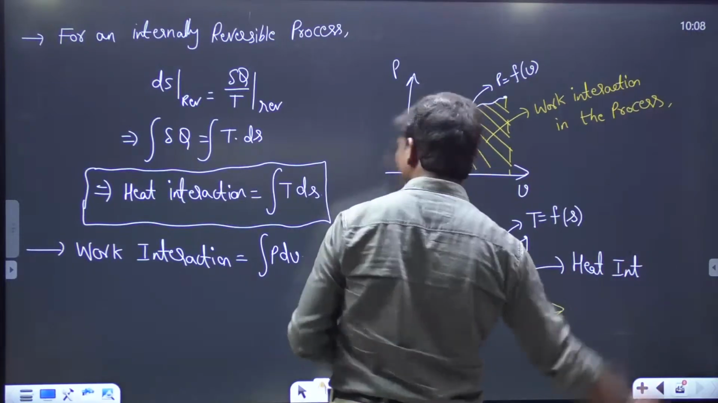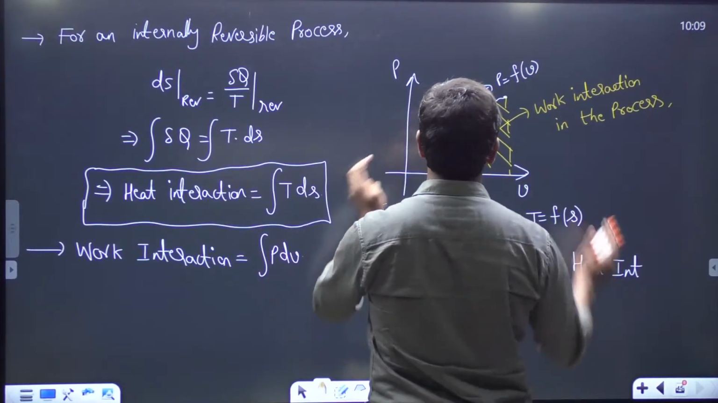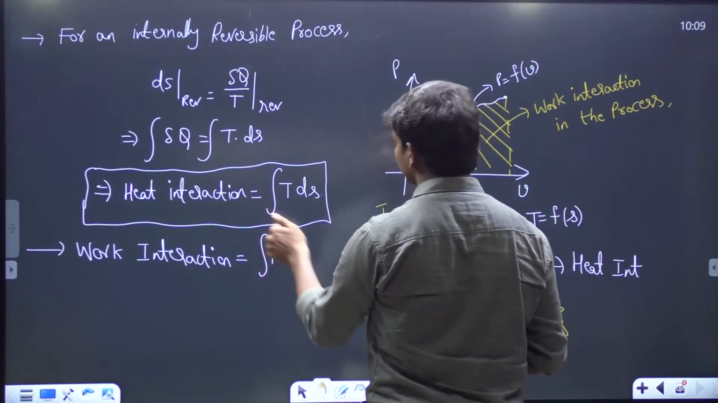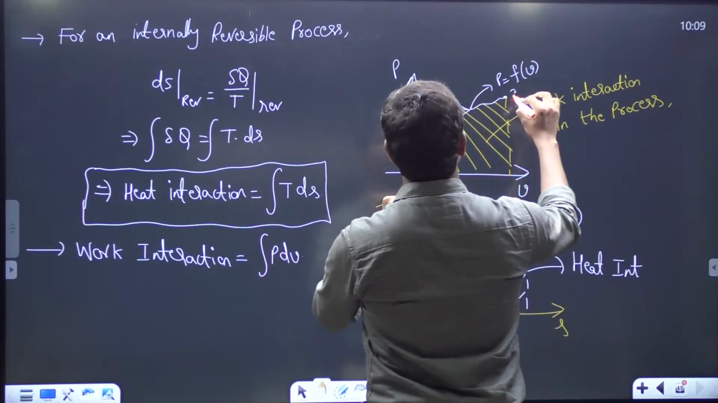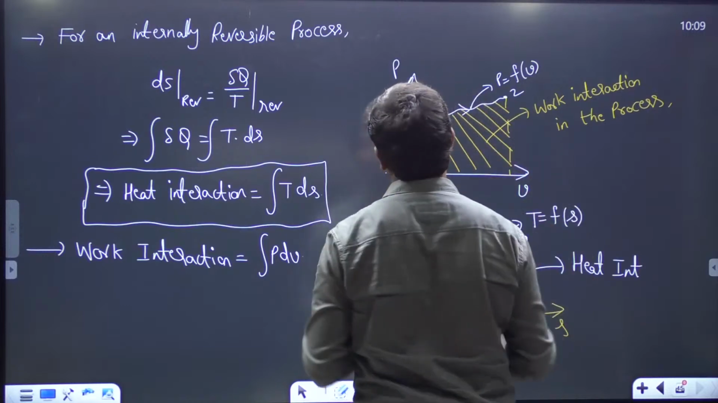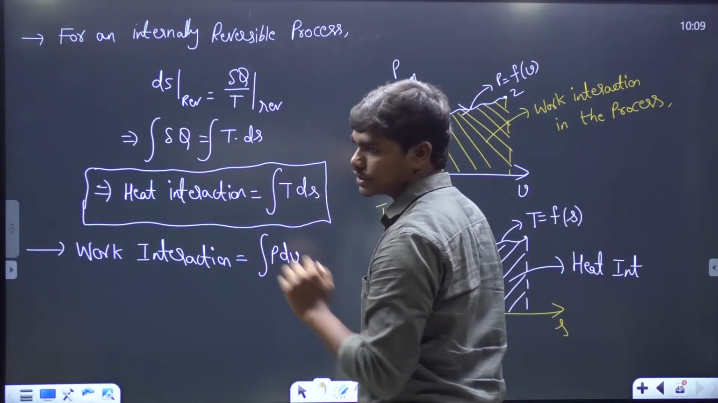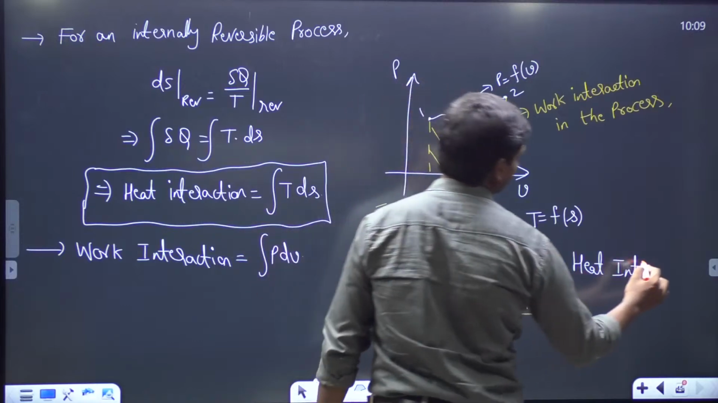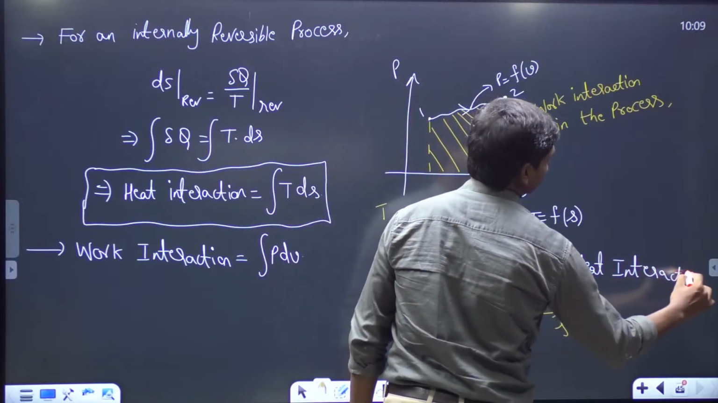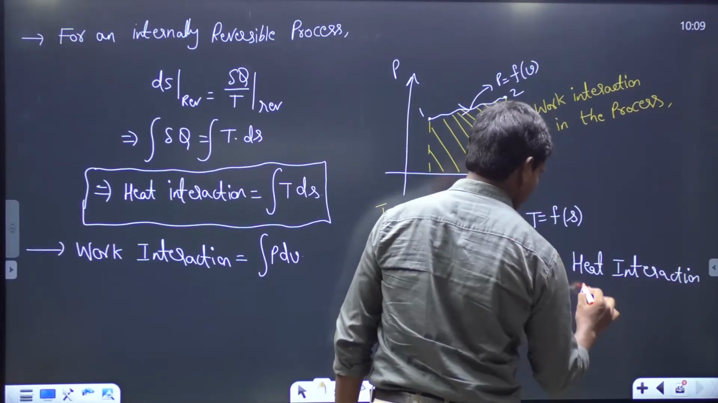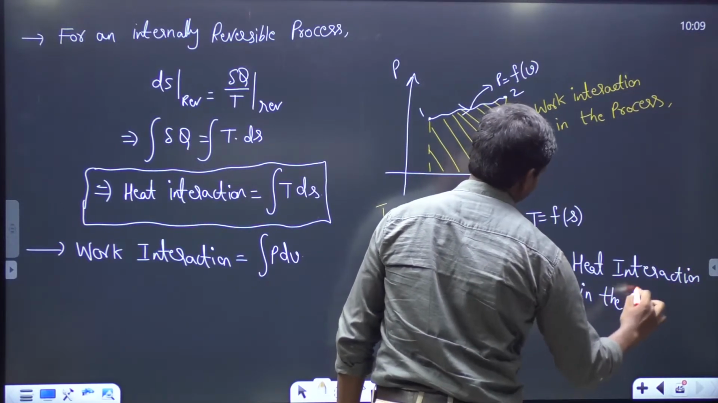And this area is the heat interaction. It's simple mathematics: the integral of y dx gives you the area if you have limits from a to b. Of course, the initial and final states of the process are fixed, so you know them. If you know the process and the initial and final states, you can calculate the work interaction as well as the heat interaction. So this is the heat interaction in the process. Okay,